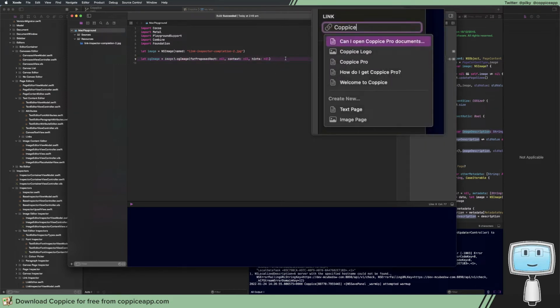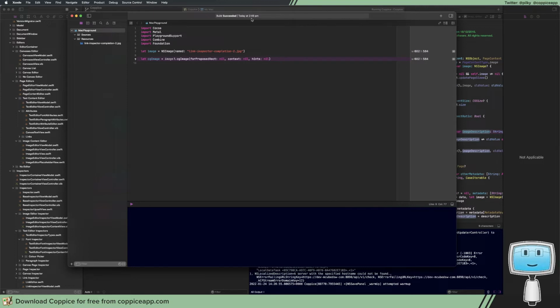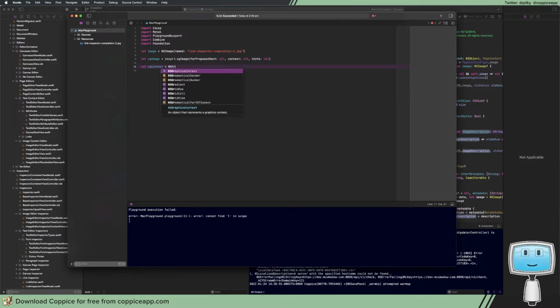There's our CG image. So get our CG context equal to graphics context dot current dot CG context, and then what we want to do